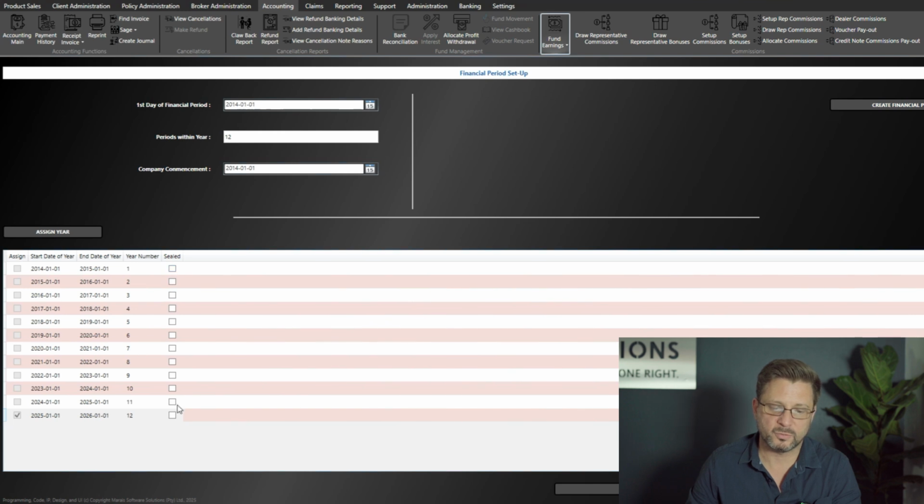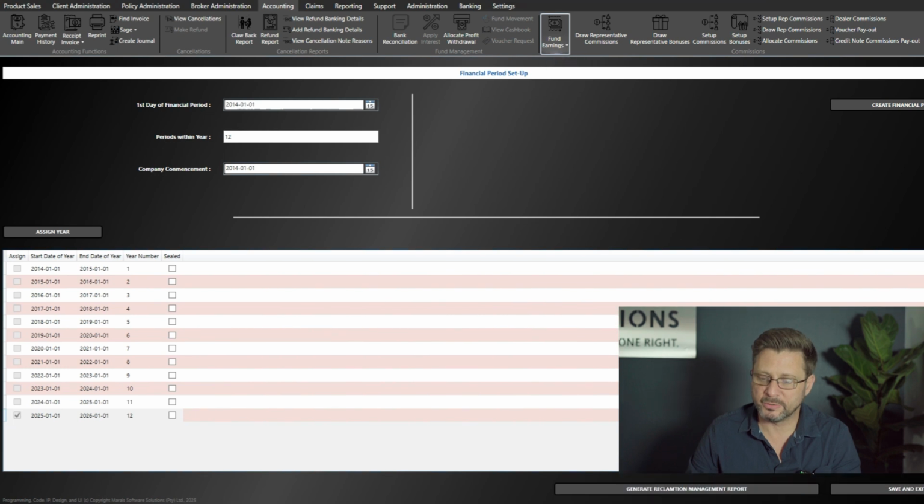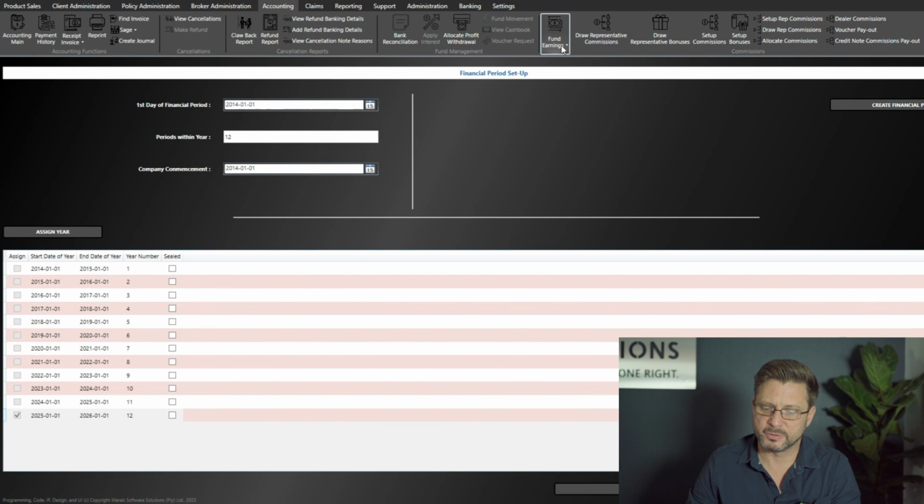You should have sealed all the previous financial periods if you are doing your accounting correctly, and if you are signing off the books on a yearly basis. Now, if your accounting period does change, we have to then just change the figures up here as to what your new periods will be. However, it doesn't really make too much of a role, and you can continue. So I'm going to save and exit that there. You can continue, for example, now when you go into Fund Earnings